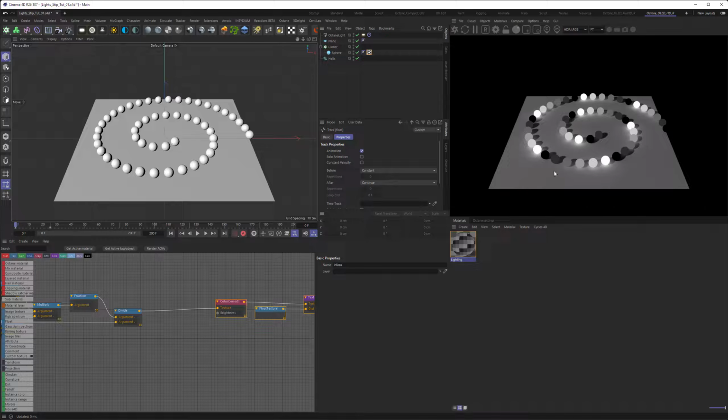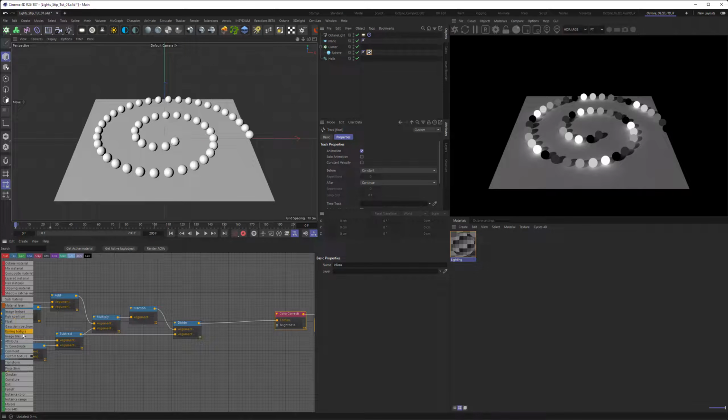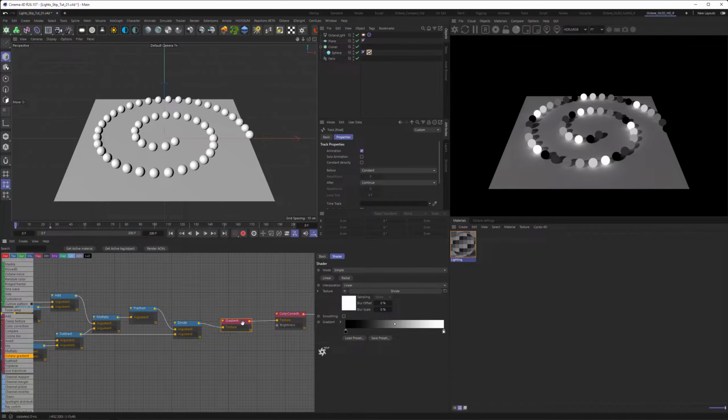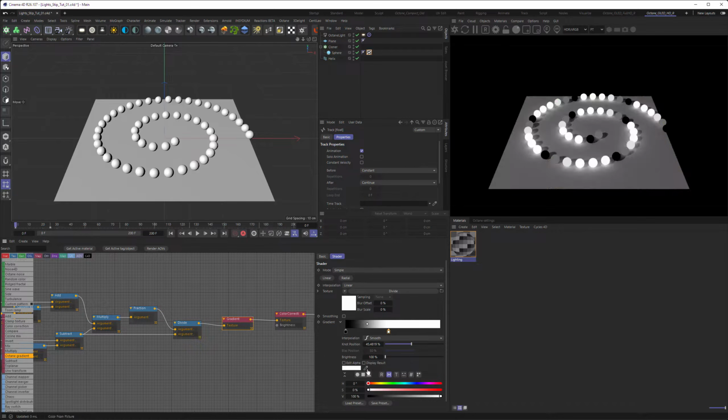So if we want to have more of a sine wave here, going to white and then down to black and then up to white again, we can do this really easily by adding an Octane gradient. So let's do this real quick. Go here, add an Octane gradient, make the second knot a value of 50, and then add a third knot with a value of 0 at the 100% position.